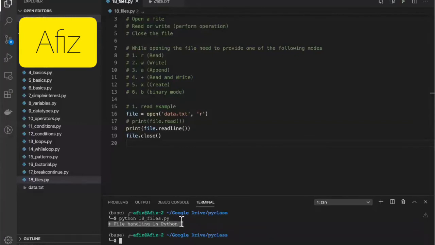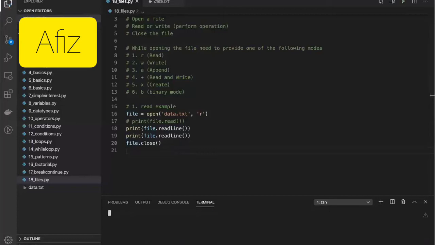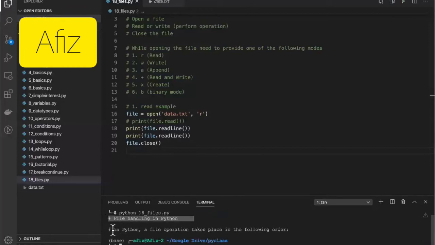So you might have understood it. If I do another readline after this one, what will happen? Will it read the same line again or the second line? Let's run and see. See here, we got the first line and the second line.